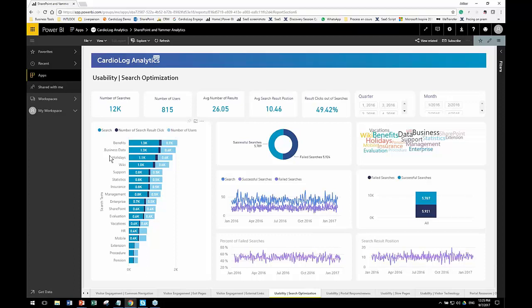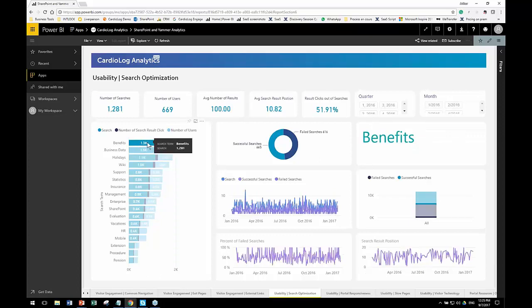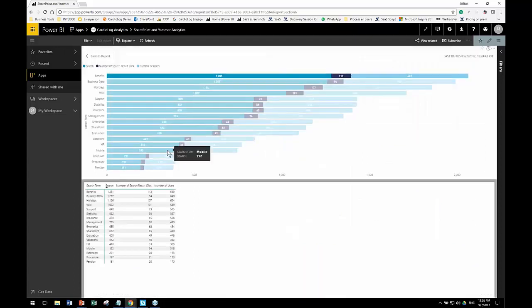If we look just quickly deeper into this benefits word that has been looked for many times, over 1,300 times, let's click on it to see what it really means. Here, let's look at the data. Here we can see, for example, just below that benefits, as I just told you, was searched almost 1,300 times